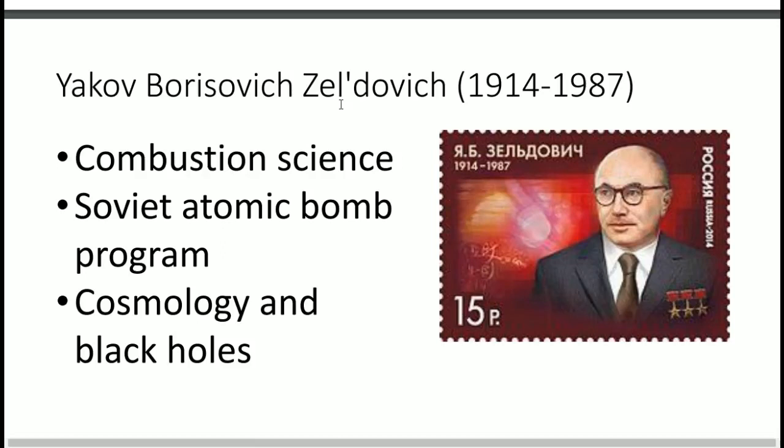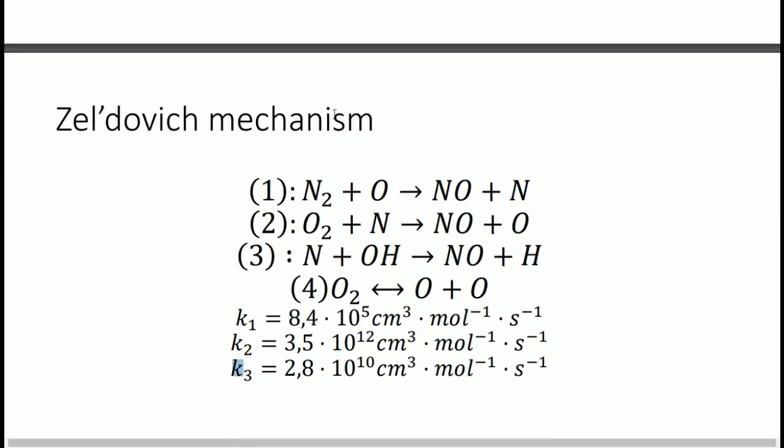So what will matter is a set of equations of a mechanism that we will consider. These three equations are part of his work. They all involve nitrogen monoxide. So these are the main equations. And for our study, we'll consider a fourth one that is just the split of dioxygen into oxygen. These are reactions of a mechanism, so they don't need to be stable.